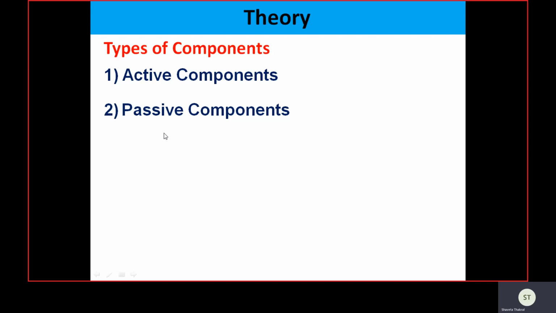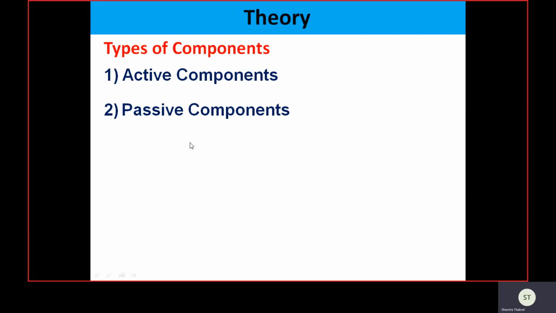And what about the passive components? Electronic components which can only receive energy. That means they cannot provide any gain, no amplification, no oscillation. So they are not going to generate any signal. They just receive energy, and that energy is dissipated or absorbed or stored in the form of electrostatic field or electromagnetic field. So all the RLC components, that is resistor, inductor, capacitor, then the transformer, all these components fall in the category called passive components.